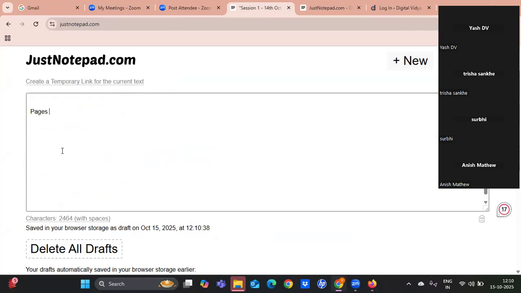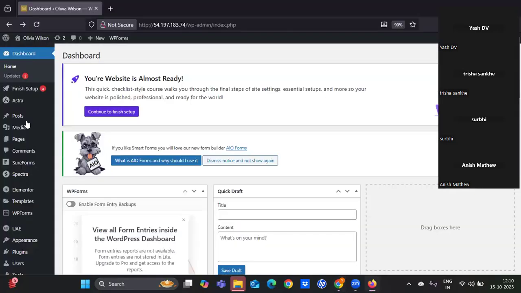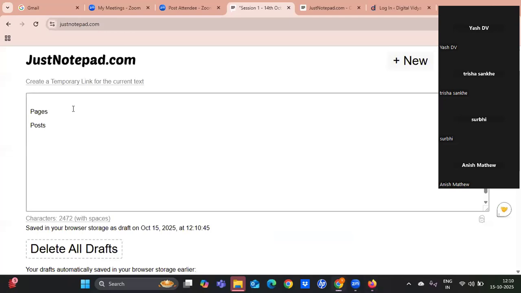One is a regular web page, which can be added by going to the pages option, and then there is posts. You can find that here as well. There is a post option here and a pages option here, right? Both of these types of content can be added to your website, but both of them serve different purposes,